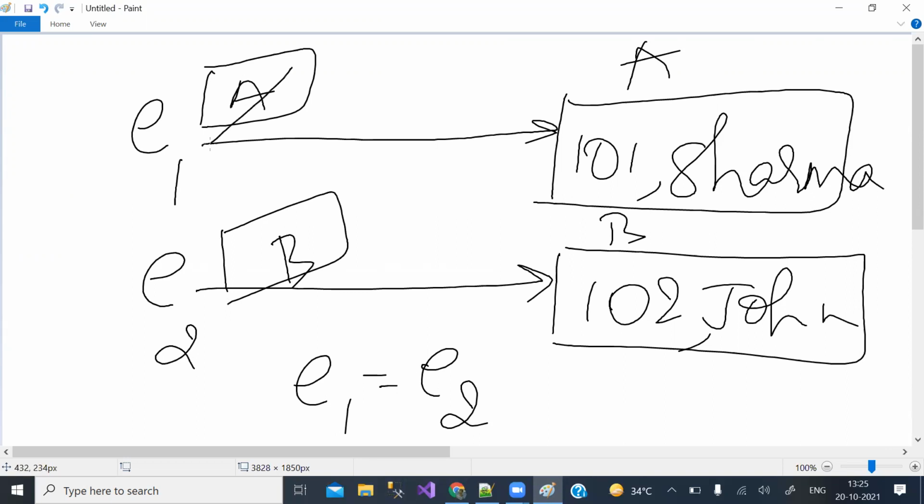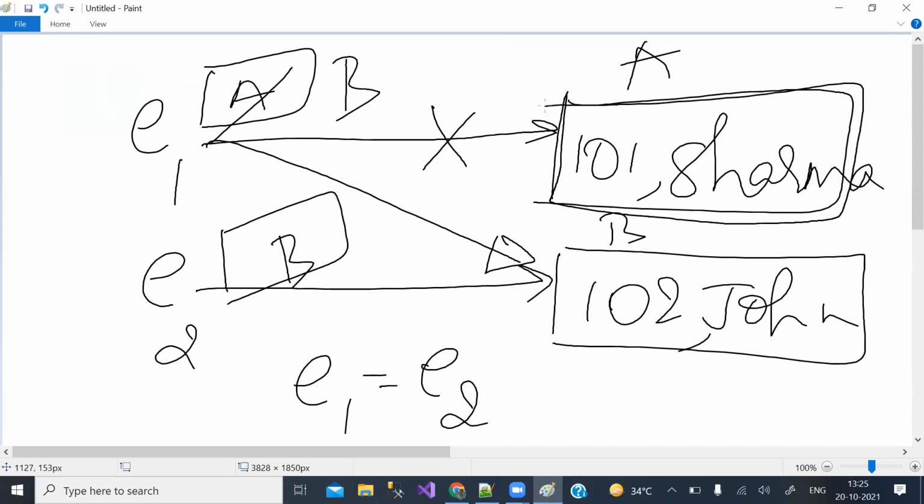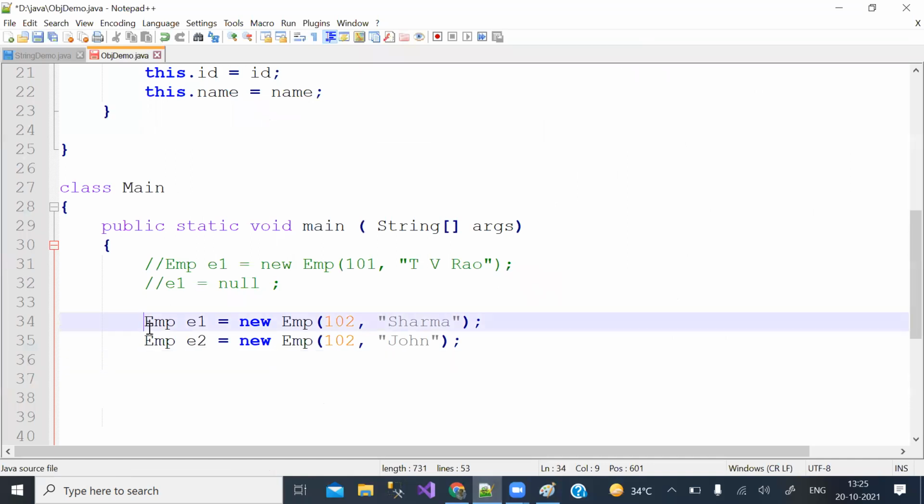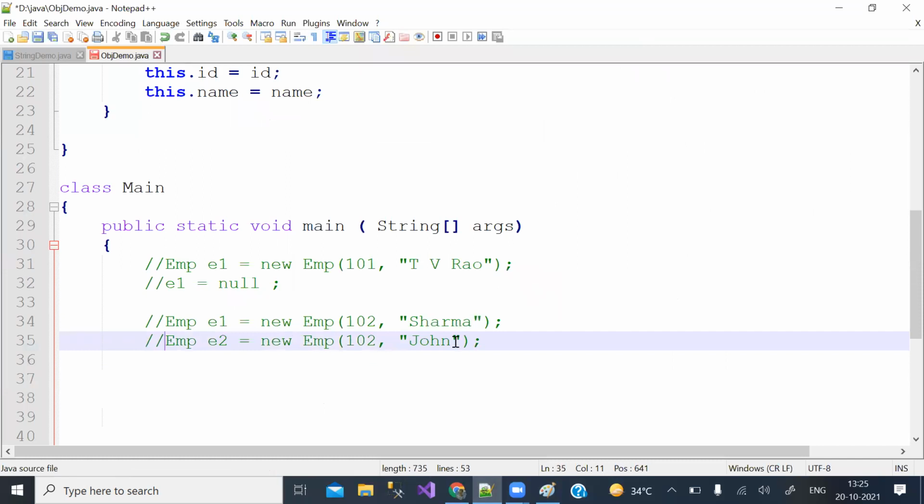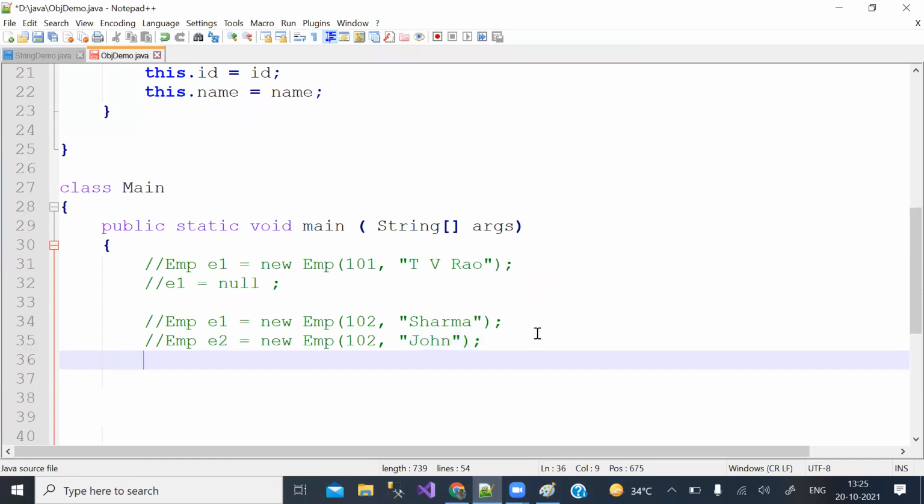Now A is replaced by B. Then both the references are pointing to same object. Is this clear? Now this has no reference. You cannot reach it, you cannot use it. So it is an unused and unreferenced object. Such objects are reclaimed by garbage collection. Is this clear? This is example 2 where unreferenced objects are encountered.